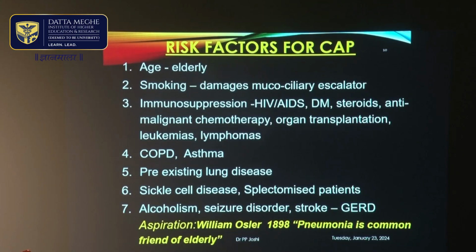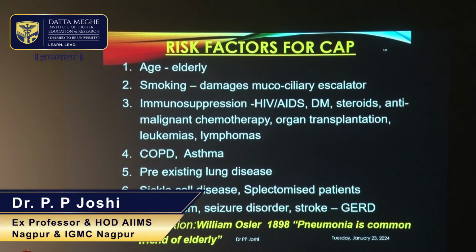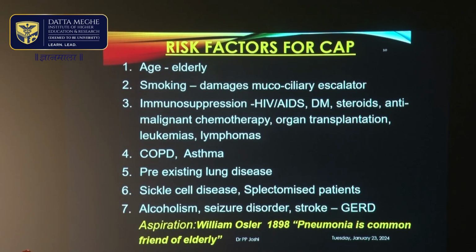Immunosuppressed patients, that is patients who are suffering from HIV infection or AIDS, patients who have diabetes, or patients who are on steroids or other immunomodulatory agents, immunosuppressive agents, who are taking anti-malignant chemotherapy, organ transplantations, patients who have malignancy, and patients who have leukemias and lymphomas, there is immune suppression, and these people are more likely to develop community